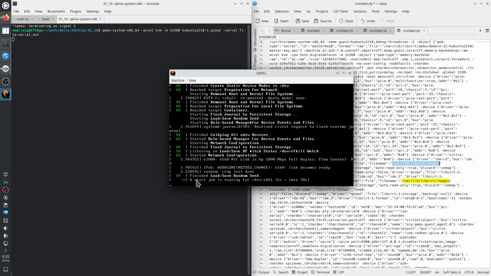What doesn't work is that in Virt Manager I had two hard disks. One was 35 GB for the Kubuntu 22.10 host OS, and the other one was 100 GB for LFS. And now I'm only specifying the second hard disk, the 100 GB one for LFS. That's why